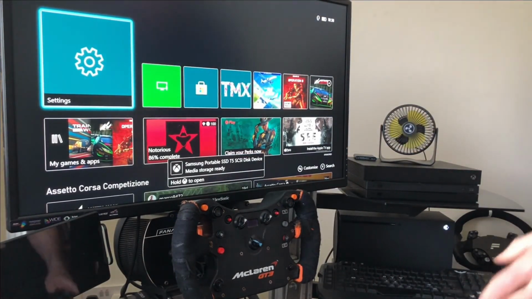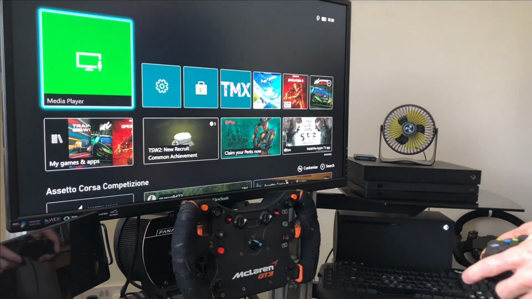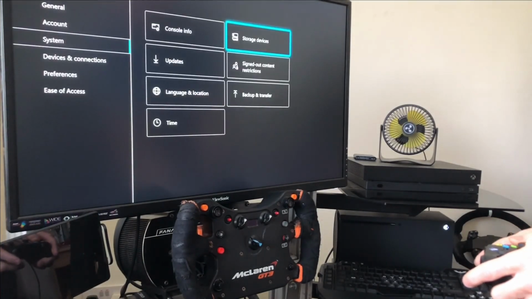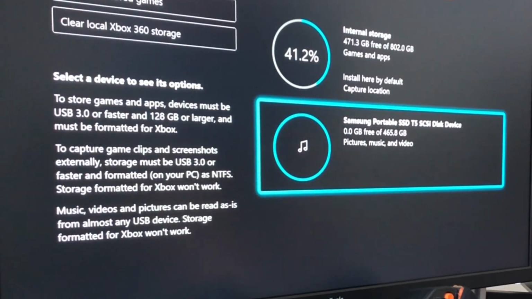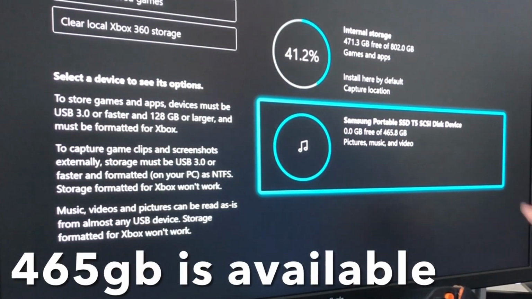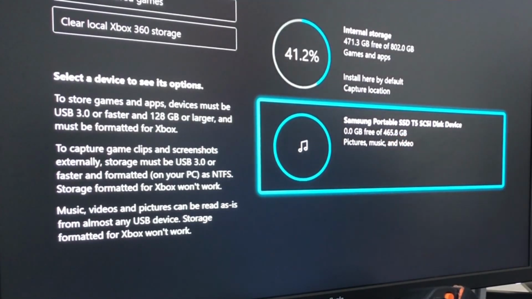you can see I get this message down the bottom, and if I just hold the home button and we go into the settings, we can go to storage devices, and we can see that it's there. It's got 0 gigabytes available. It's a 500 gigabyte drive, but we're missing some of that. It says 465, so I'm going to have a look at cleaning the disk using something on YouTube, a video